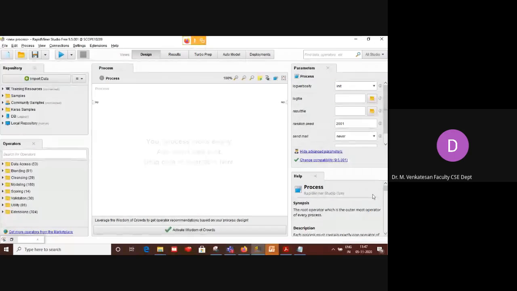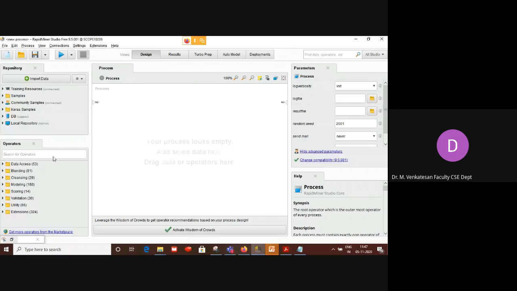Now you can see the window. I divide this RapidMiner window into four parts. The white space in the center, I call the process area. What do you mean by process? Process is the flow of data. We will give the data, you will apply these methods, and then you will discover the patterns. So this is called the process area because you are going to build the process, and whatever process you build here will be saved as a process.